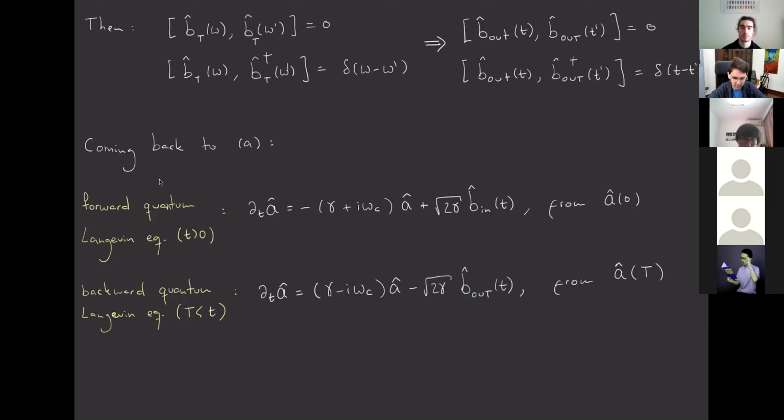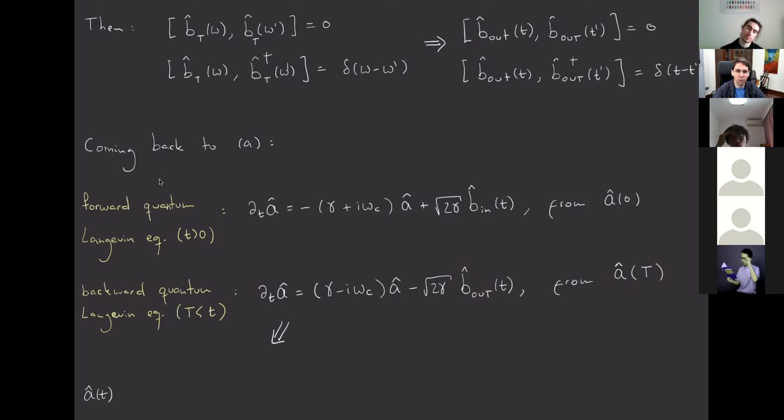Okay? So this is the formal quantum Langevin equation, but going into the past. So if you know the state at some time t, and you want to know what happened before, and you know the output operator, then you have all the information to know what happened before. But then this is very interesting, and this finalizes the proof, because now A of t,